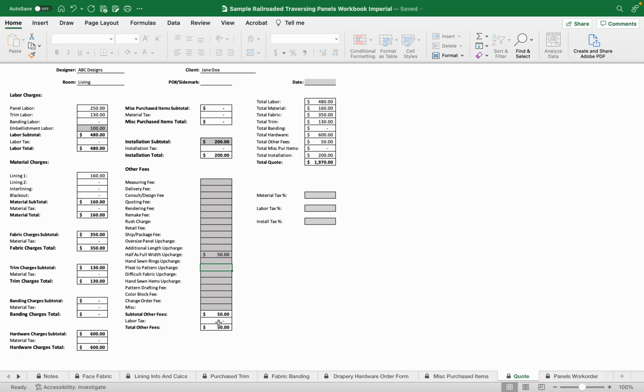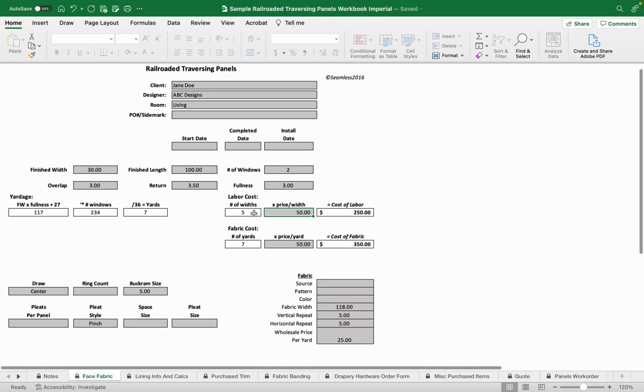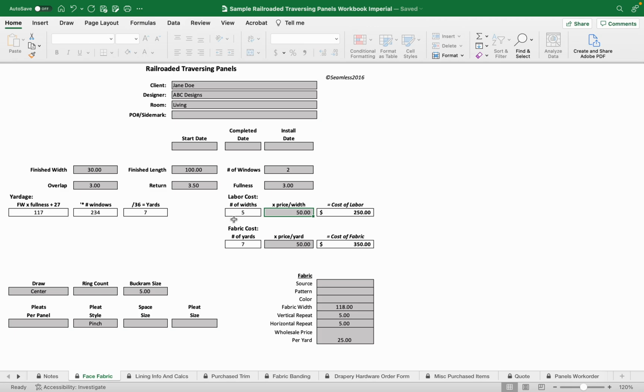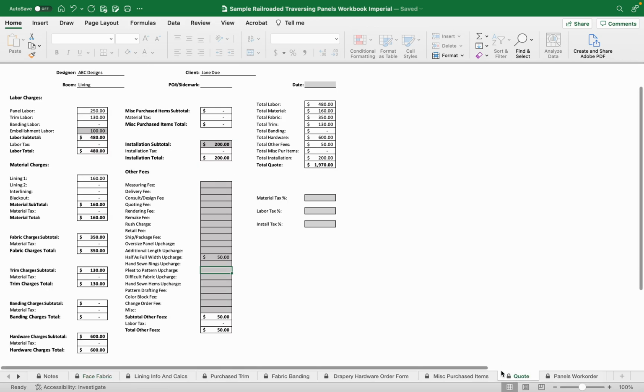One of the things that you are going to have to be aware of is half as a full width upcharge. So if you go back to your face fabric, that's 5 widths of material. You may or may not, you probably always go up at least one for 2 windows. So you're going to have to figure out how that's going to affect your final cost and whether you charge for whole widths or half widths. All of this information is then carried over to